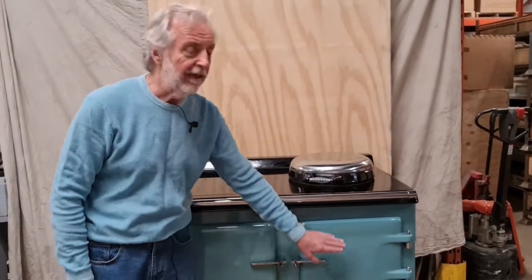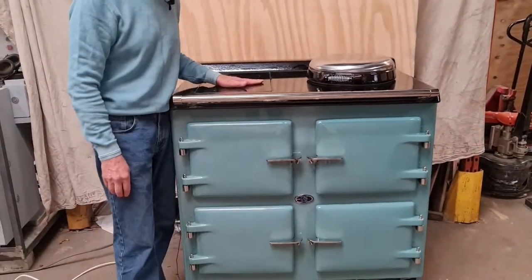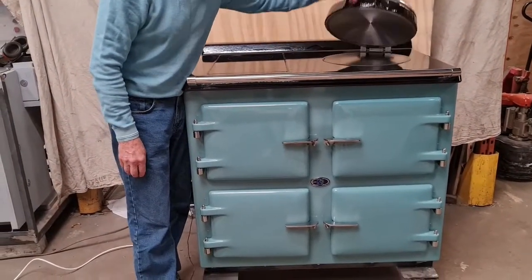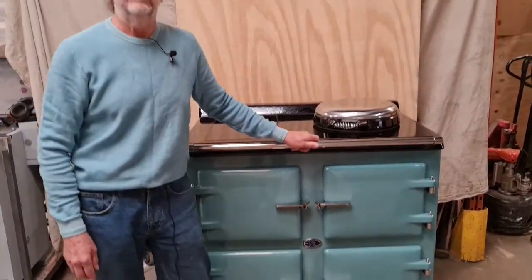Hello, I'm Graham Thornhill and I would like to introduce my new all-electric range cooker. This has 3 ovens, a grill in the top oven, a 2-ring fast hob and a large plancher or hot plate. When I started to design this, I looked at other cookers available on the market and talked to customers